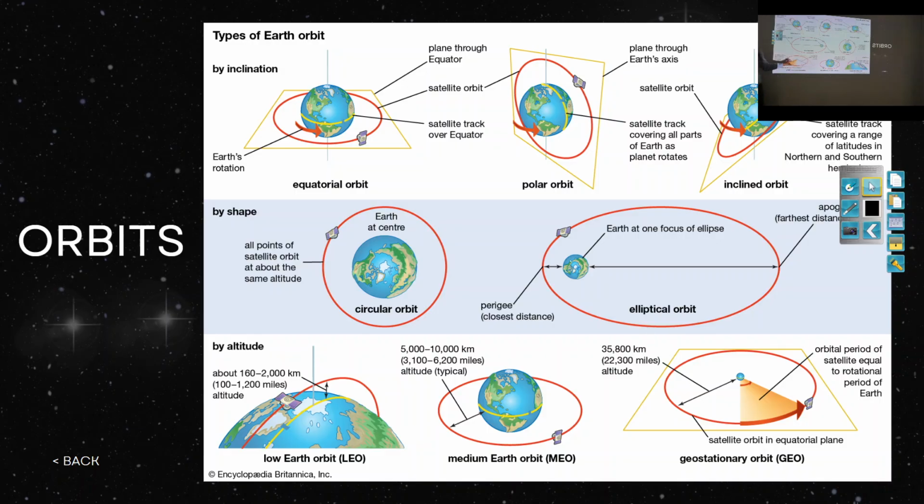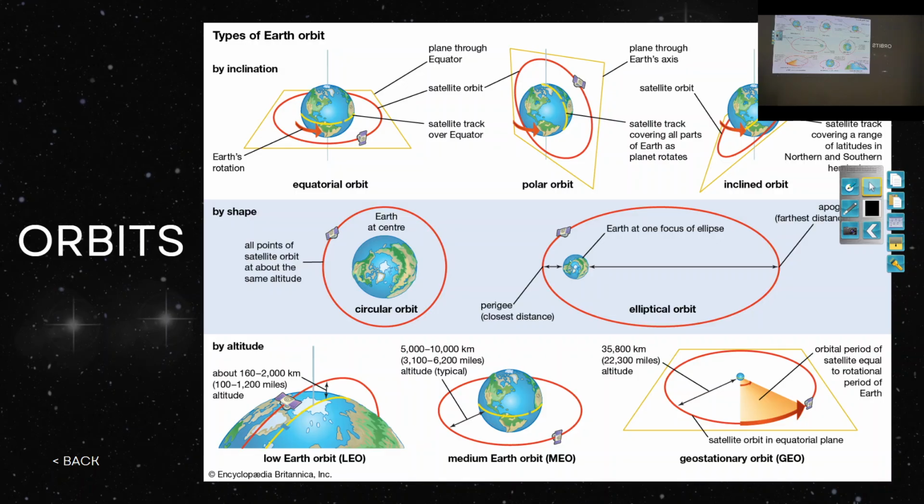Whereas a geostationary satellite looks like it is in a fixed position in the sky, that is, it seems like it is not moving. Why? Because the revolution period of the satellite's orbit is equal to the rotation time taken by the earth. So 24 hours, the revolution of the satellite will also take 24 hours. So are we clear with the types of orbits? You can write now.